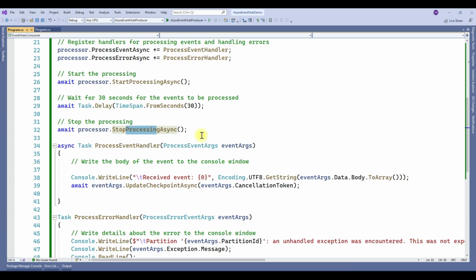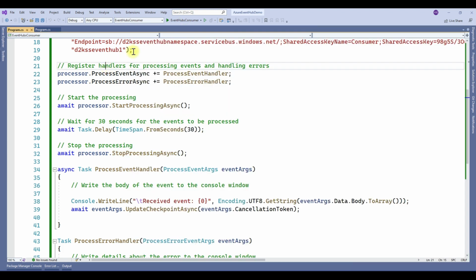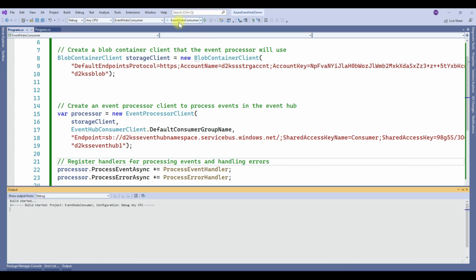So that's all. We will run this event hub consumer application and see whether this consumer group is able to read whatever we posted in the previous demo. It is taking a while to read the events. So it started reading: event 1, event 2, event